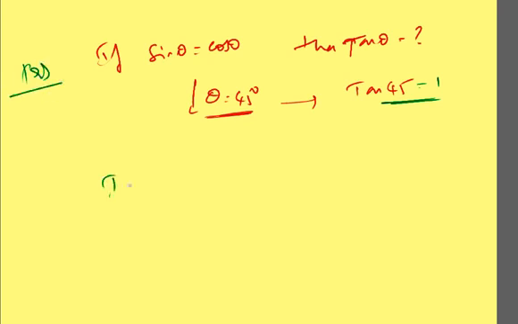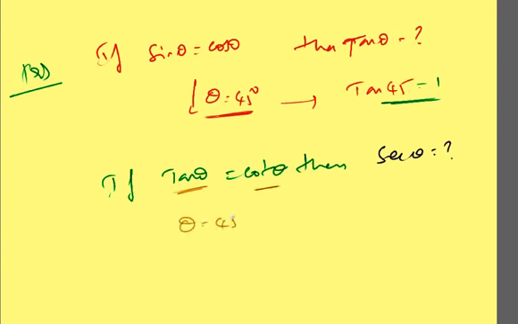Sometimes a problem may be asked: if tan theta is equal to cot theta, then what is secant theta? You should know that tan theta and cot theta are equal when theta is equal to 45 degrees. Then secant 45 is nothing but how much, friends? We know that cos 45 is nothing but 1 by root 2. Then secant 45 is nothing but root 2 by 1. So the answer is root 2. This is how you should be able to answer the question. Unless you know the comparison values of both the tables, it will be difficult to answer the questions.